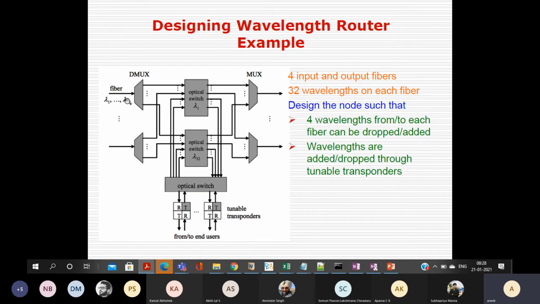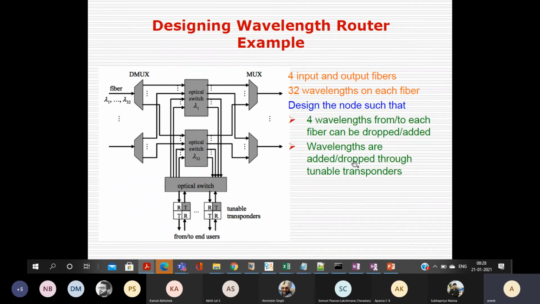Each fiber should carry 32 wavelengths, and from each fiber 4 wavelengths can be dropped. At the same time you should be able to add 4 wavelengths to each fiber, and your transponders are tunable. Now you have to design such a node with minimum hardware.